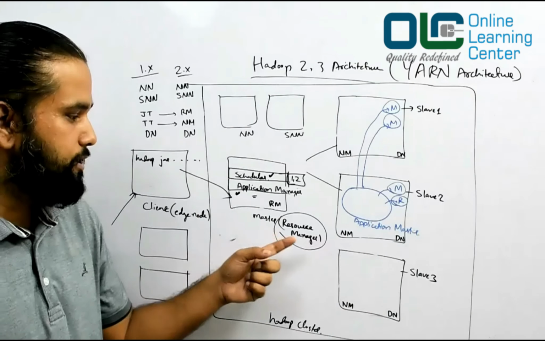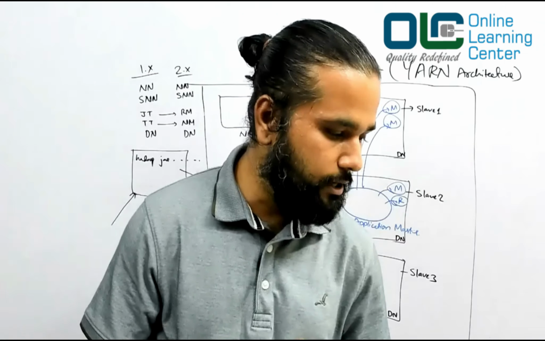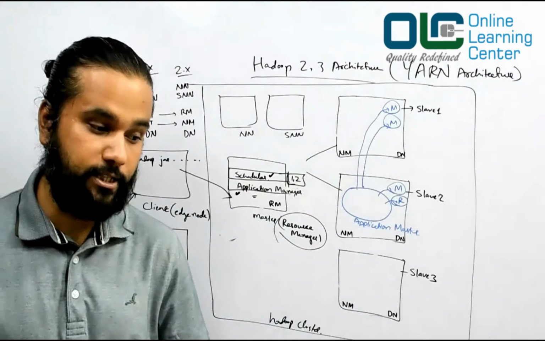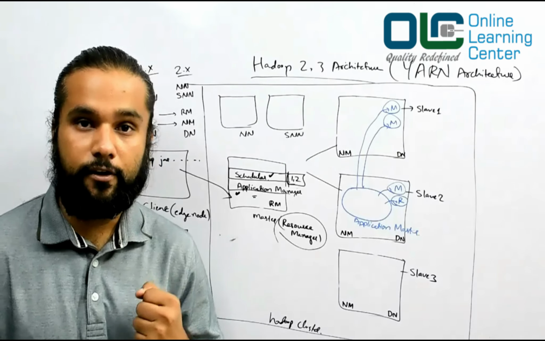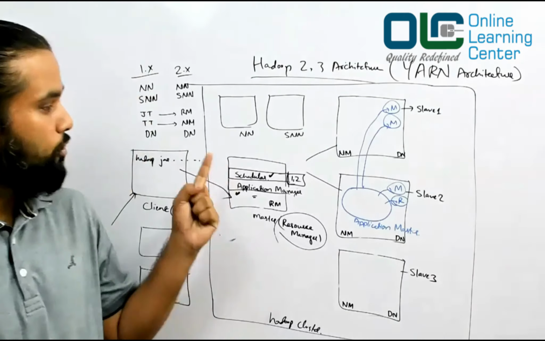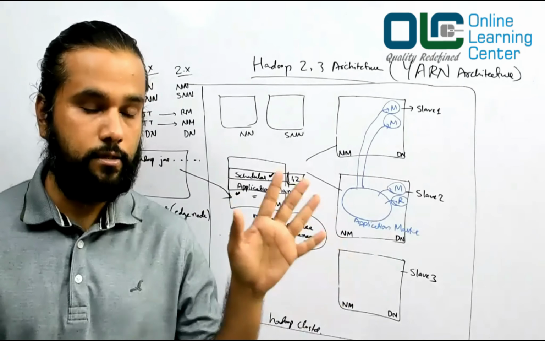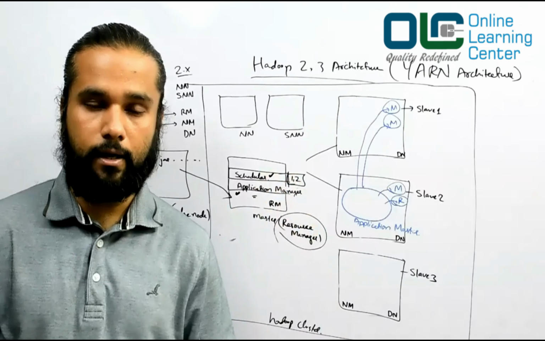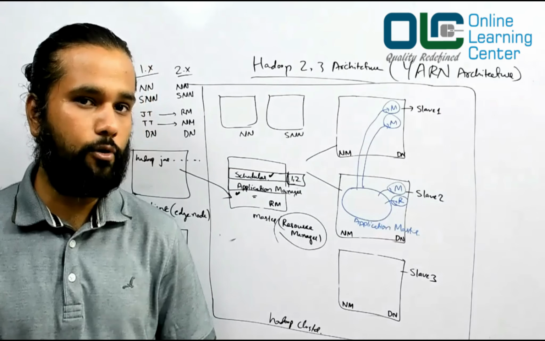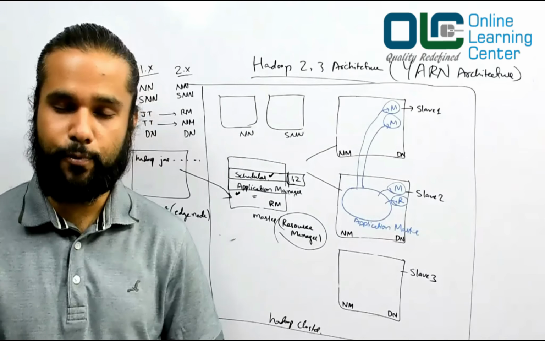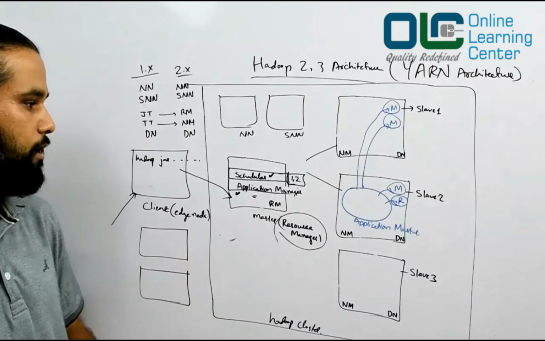So we have a master, which is basically a resource manager, and the resource manager has a scheduler. What is the job of the scheduler? It helps to allocate resources to the application. It doesn't monitor the progress and does not care if the job fails due to any errors. Your scheduler is not responsible to take care of anything. It says, you give me work to do, I'll get some resources for you and I'm done. I don't really care if the job is successful, progressing, cancelled, failed, and so on. That would not be taken care of by your scheduler.